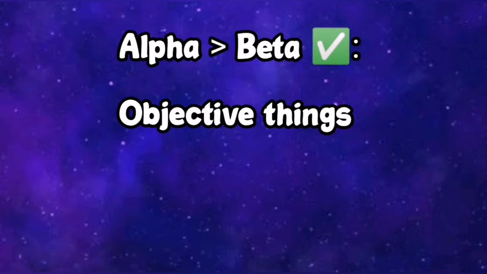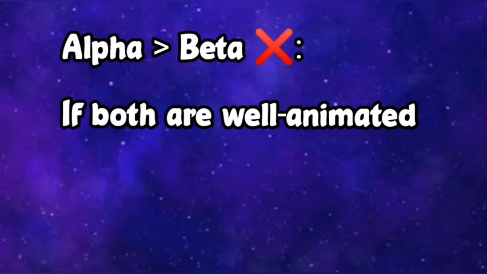In my opinion, you can say that Alpha is a better anime than Beta because Beta's animations are worse, the plot is not well made because it has logic mistakes, or maybe there's an editing glitch. But if we compare two anime series that are perfectly animated and made, then there just can't be a defined winner.